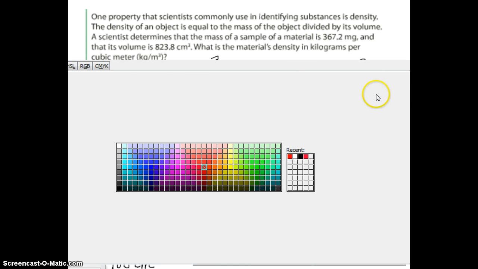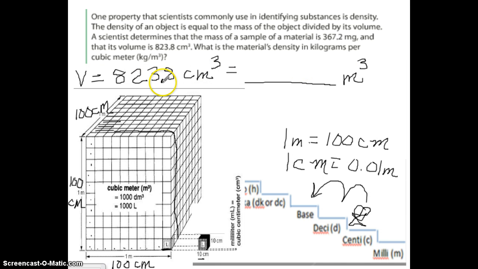All right, so we're going to move our decimal point 6 places to the left. So we're going to move it 1, 2 to show going from centimeters to meters along the length, 1, 2 for going from centimeters to meters along the height, 1, 2 for going from centimeters to meters along the depth. And so we're going to rewrite our number to 0.0008238. So if you're feeling right now like, okay, I can go from